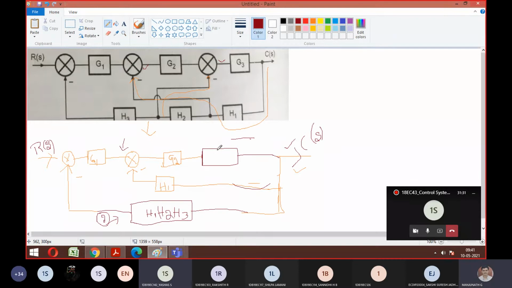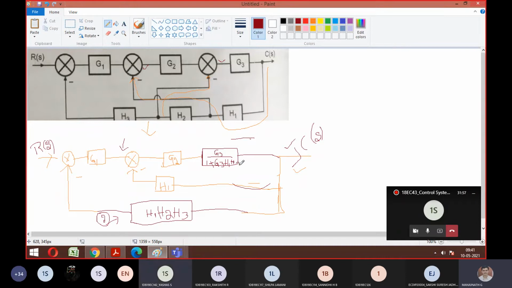Good. So G is replaced with G3. Since minus was there, it is a negative feedback loop, so I can write it as 1 plus G3 as it is, and the 2 feedback loops are cascaded, that is H1 and H2 combination. So I can write that here. This is your first answer after elimination of the first feedback. Is it okay to everyone?